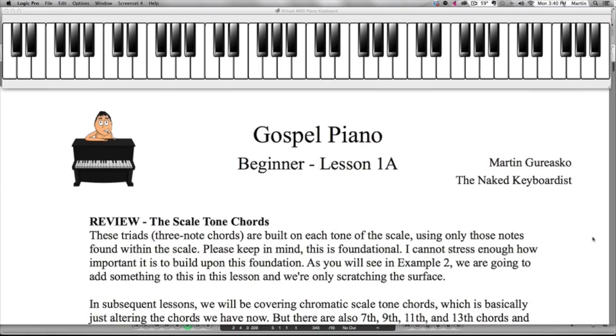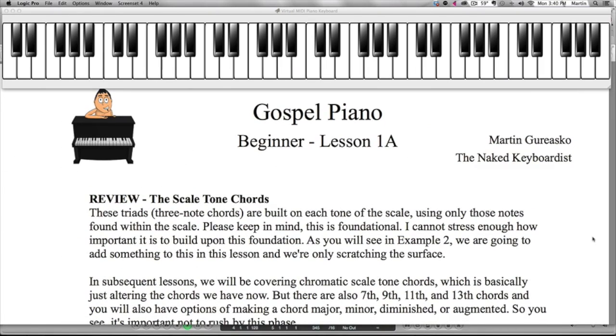And before going on to lesson 2, I had to add a lesson 1A. This implies that there may be a 1B, a 1C, a 1D, a 1E. But this is kind of new to me, so as I'm teaching you, if I think of things that will help fill in the backstory,